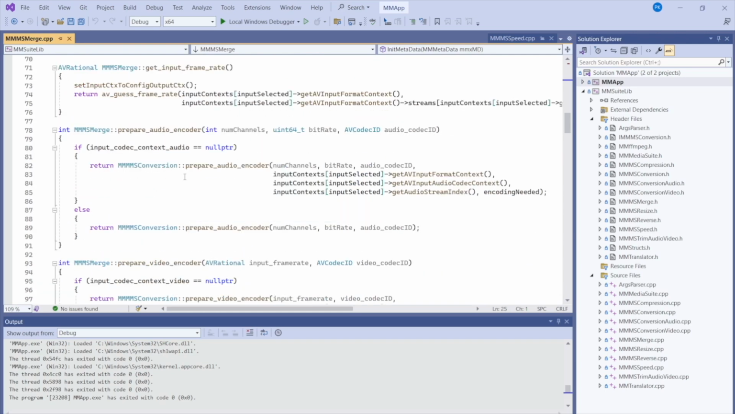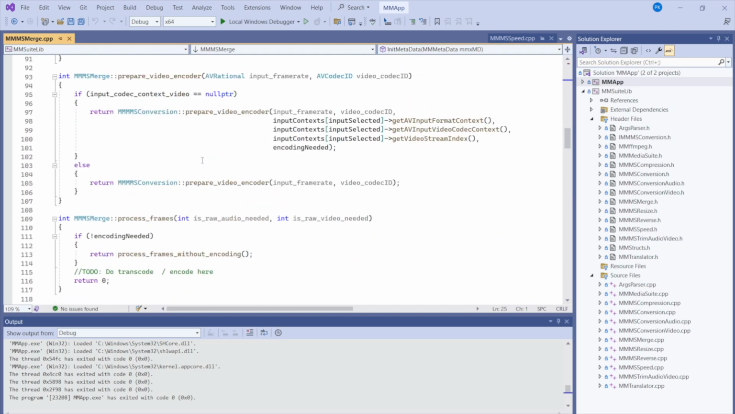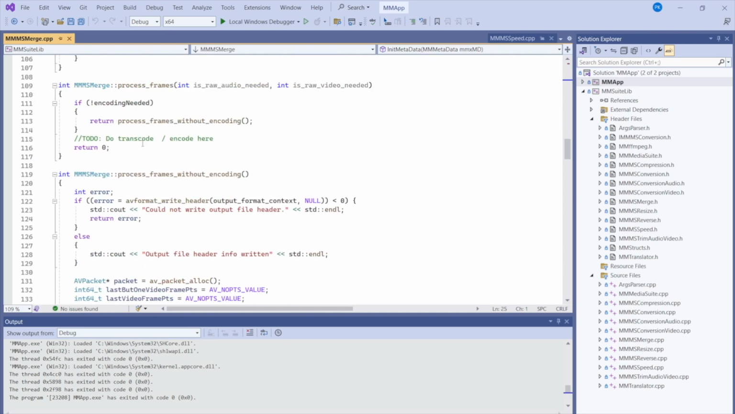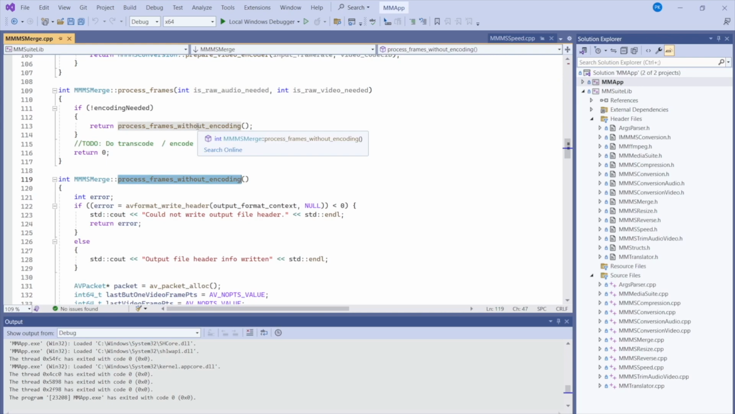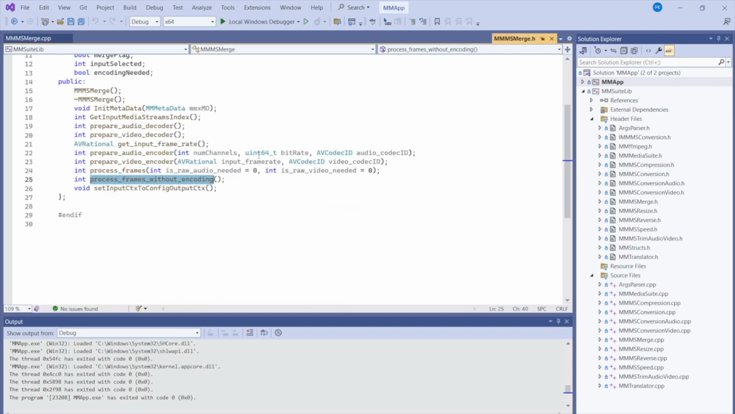After that, you need to ensure you process the frames. As I mentioned, there is no need for any encoding, so we start with process frames without encoding. Here you will be starting process frames without encoding, and what we do here is